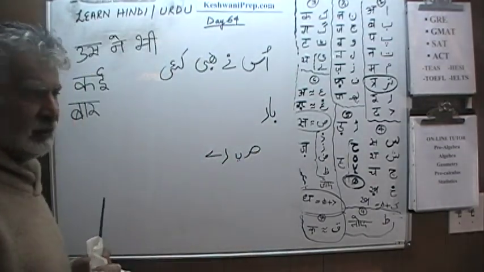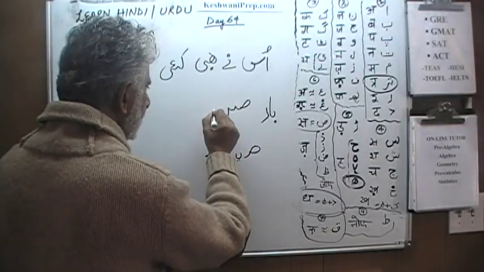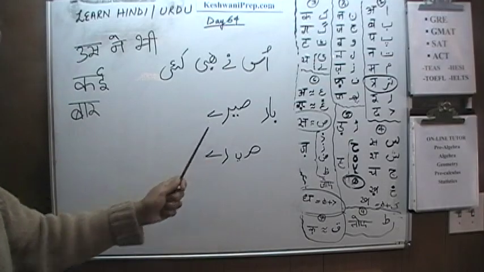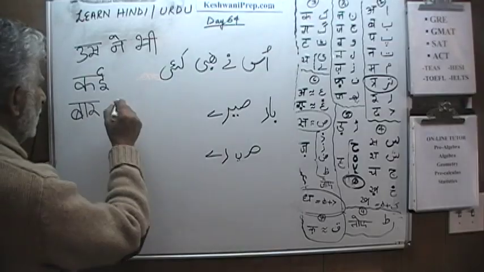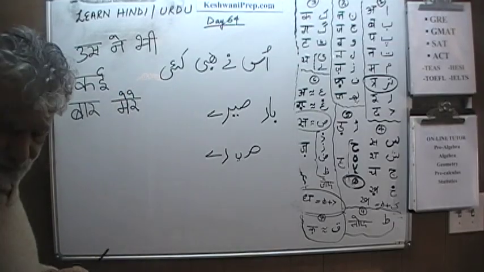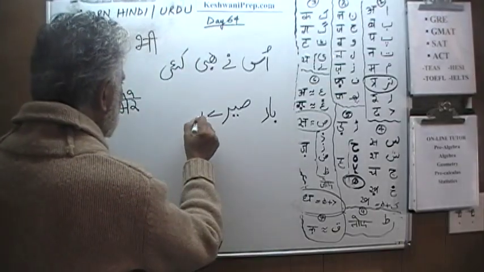And now we have to just combine everything together. Meme, ye, re, and another ye. This is a badi ye, this is a badi ye. They serve as एक ही मात्रा. उसने भी कई बार मेरे बाल